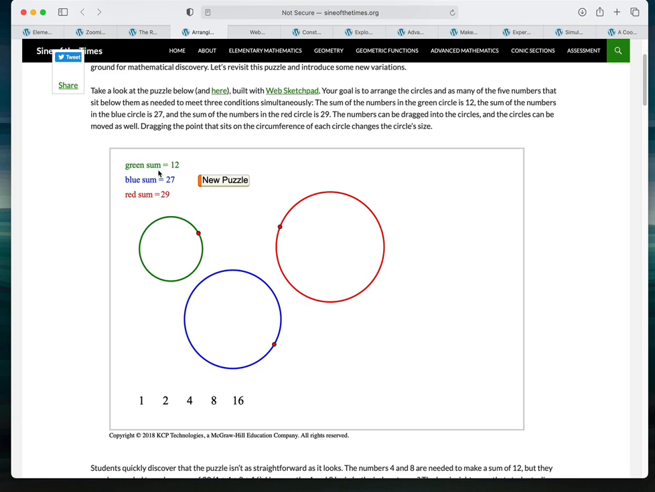So for example, for a green sum of 12, I'm going to drag my 8 and my 4 into the green circle, and the circle lights up showing that I indeed have a sum of 12. Now for a blue sum of 27, let's see, I'm going to need the 16, the 2, and I think the 1, and that gets me to 19, so I'm going to need an 8. The problem is if I pull this 8 into the blue circle, now my green circle is no longer correct